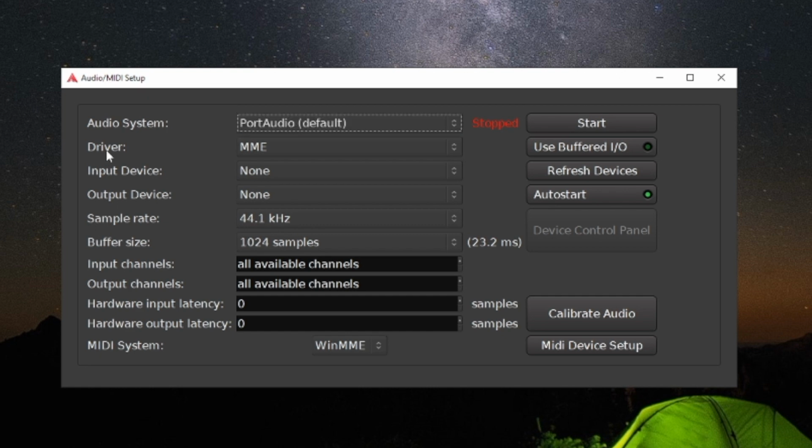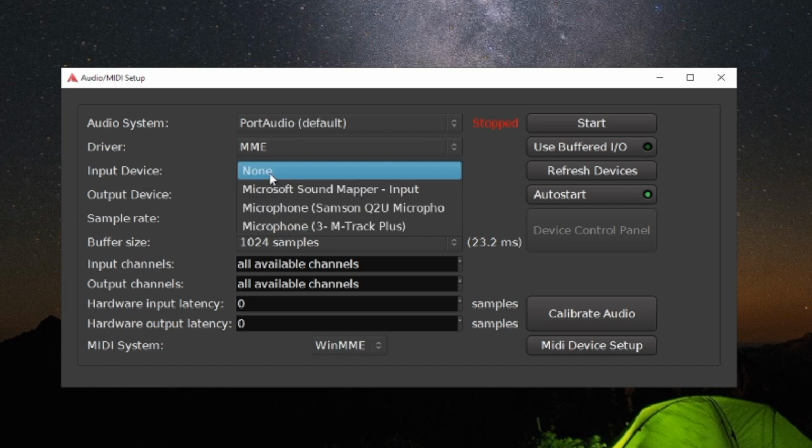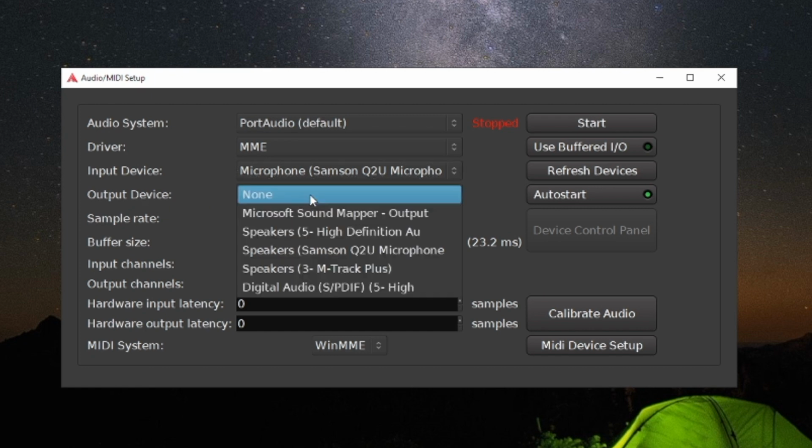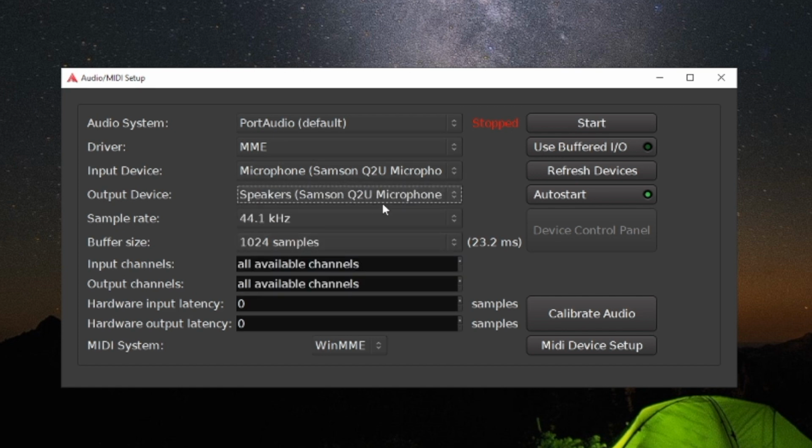On Windows, the driver should be MME, not ASIO. It should be MME. Input device should be your sound card or your USB microphone. I have both attached. This is my USB microphone and this is my sound card. Right now I will be using my USB microphone. Output device, it is advisable that you keep the output device same as the USB microphone. So this is my USB microphone.